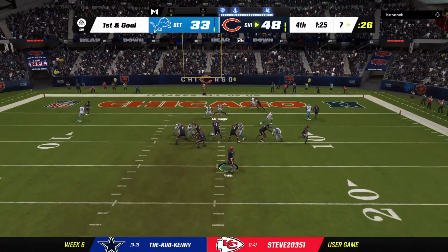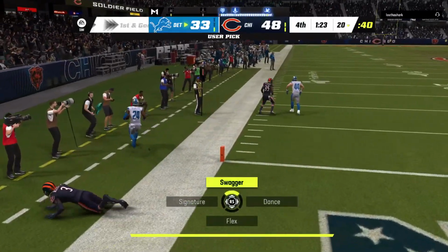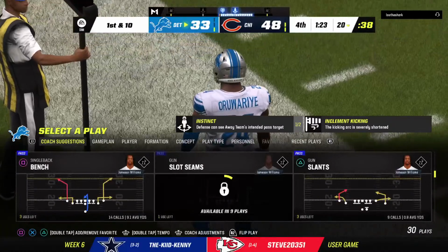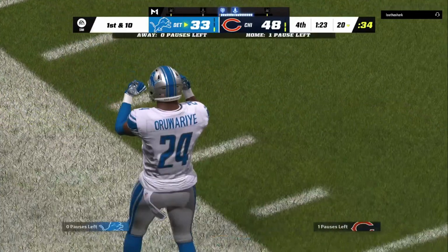That one looks like he'll throw here. And it's intercepted at the goal line. Picked off by Amani Oruwariye. And the Lions are going to take possession here. It's a touchback, and they'll...